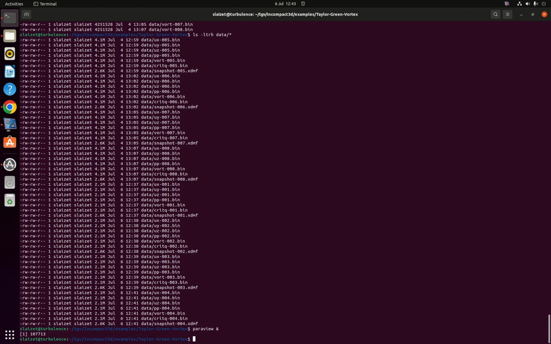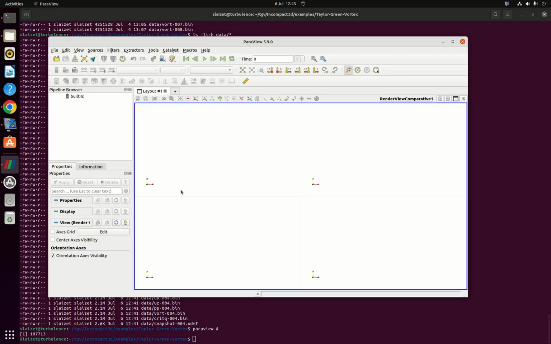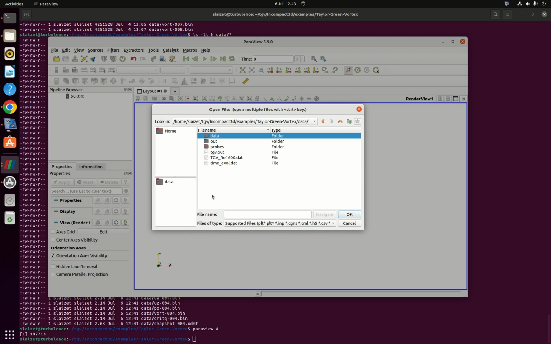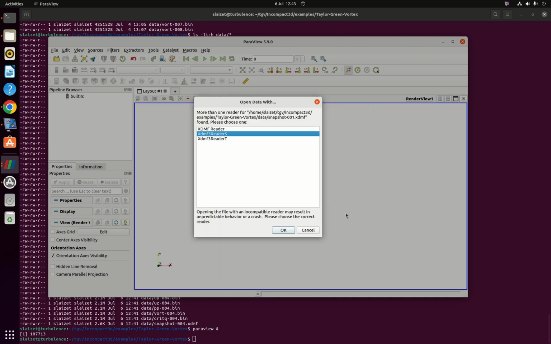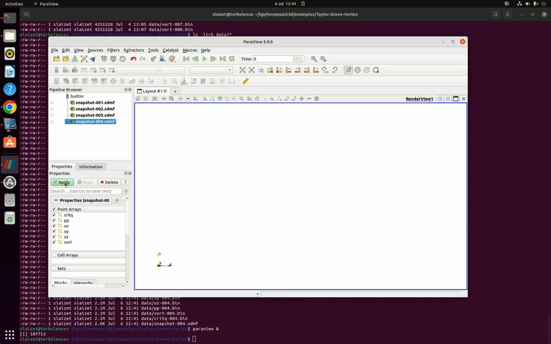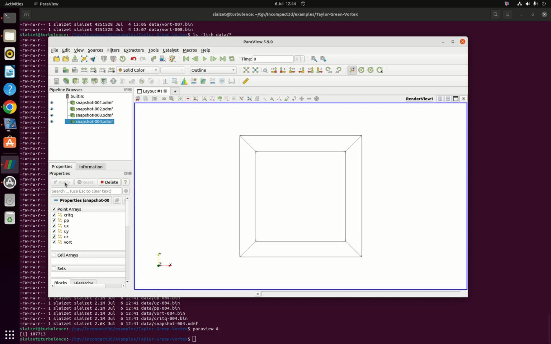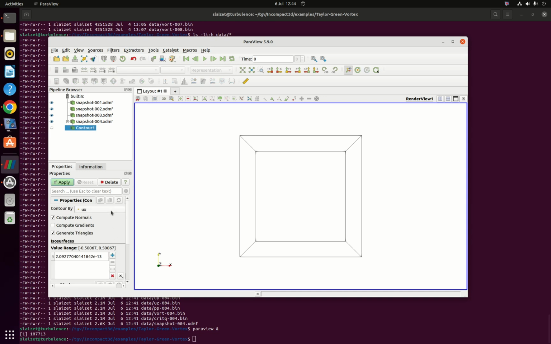So I'm using ParaView to do the visualization. It's ParaView friendly, and I'm just going to load. I'm going to go in the data directory. Sorry, it's a bit slow sometimes, and I'm just going to load the first 4 snapshots. The other ones are not relevant. We need to use the XDMF reader. Okay. So I'm just going to look at the data